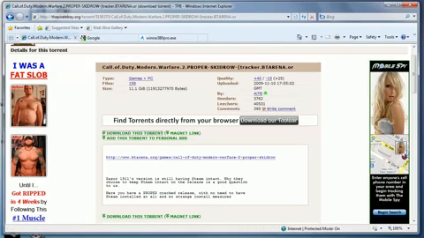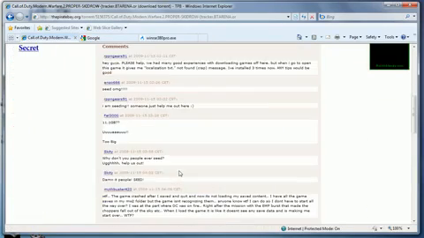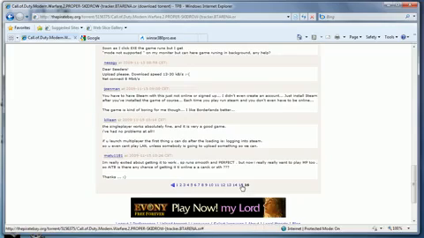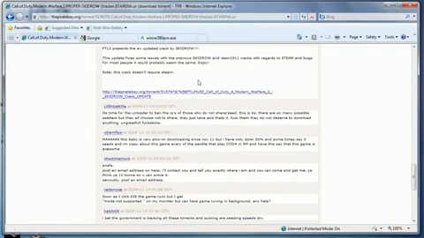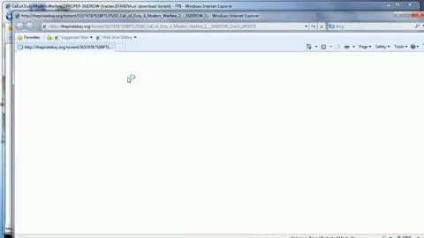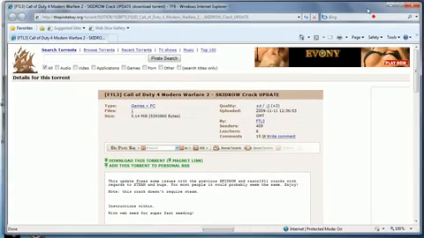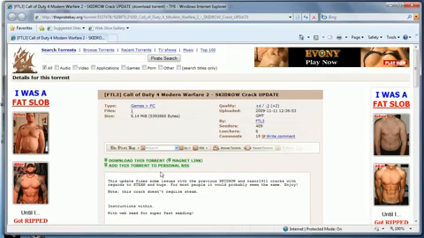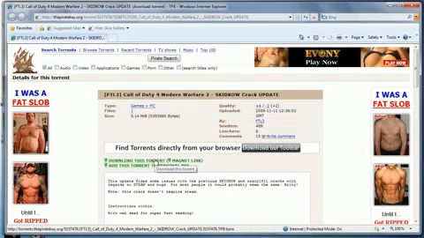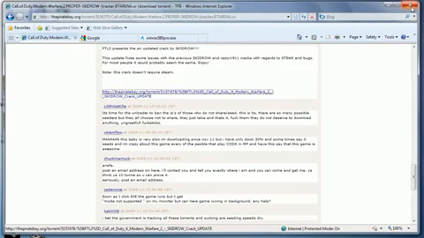which is, let me find it here, but it will be my second link. It'll bring you to this page here, and this is the second file you'll need, and it works the same way. It'll start downloading, right click to stop, do the same exact thing you did with that. So once you're done downloading both of those and you stop the seeding,